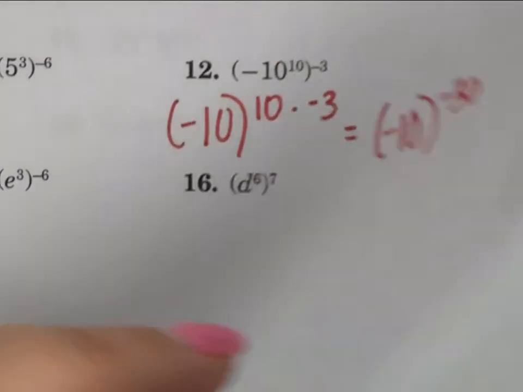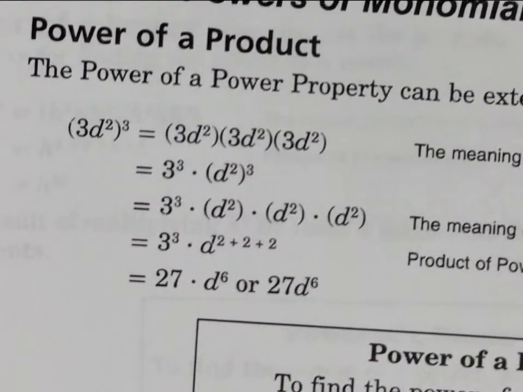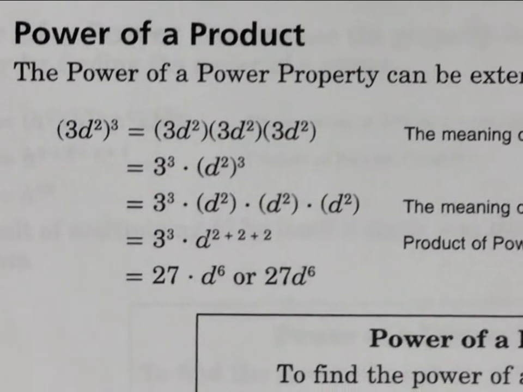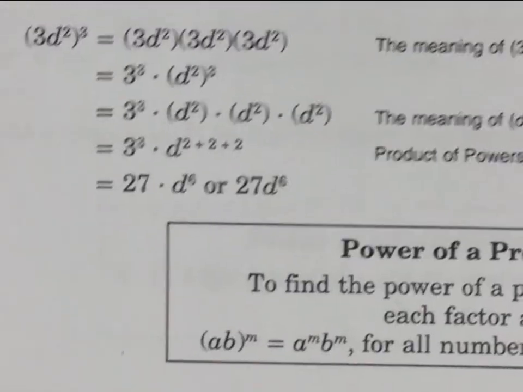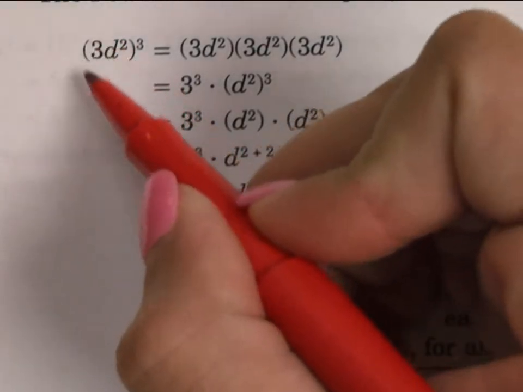All right, let's flip over. Now we've got power of a product. What does product mean again? Multiplication problem. Okay. So this means I'm going to have a power of a product, so some type of multiplication problem raised to a power. Okay. So here, if you see, the only thing that's different is now I have a 3 right there, which